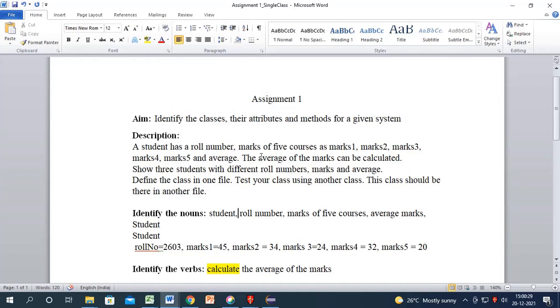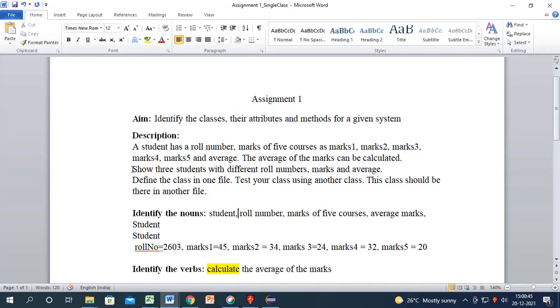Then it says the average of the marks can be calculated. So the word average you have already considered, right? So you will not be considering it again. Marks you have considered, you will not be considering it again. Then the description ends.